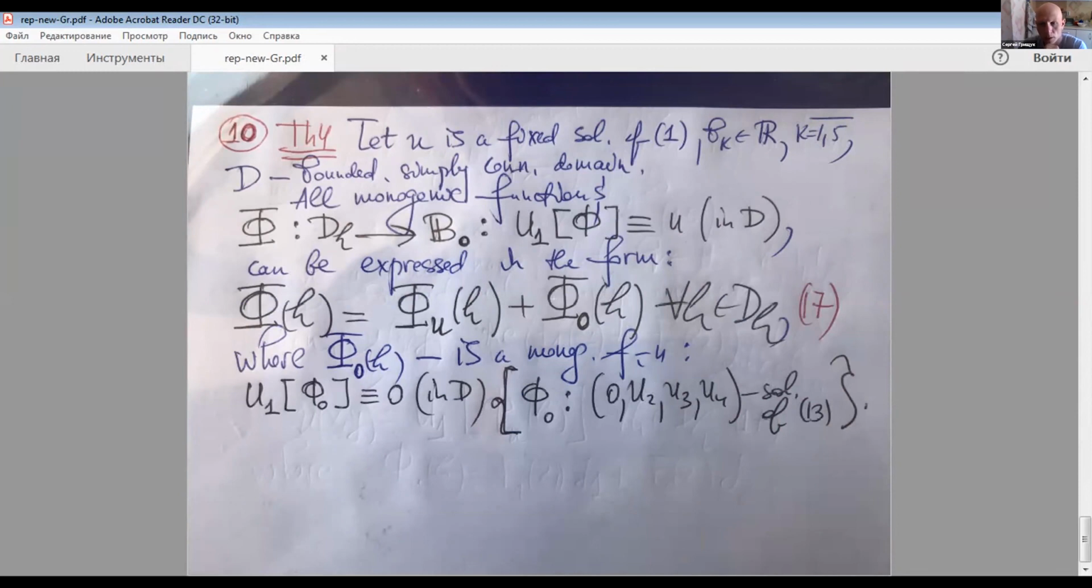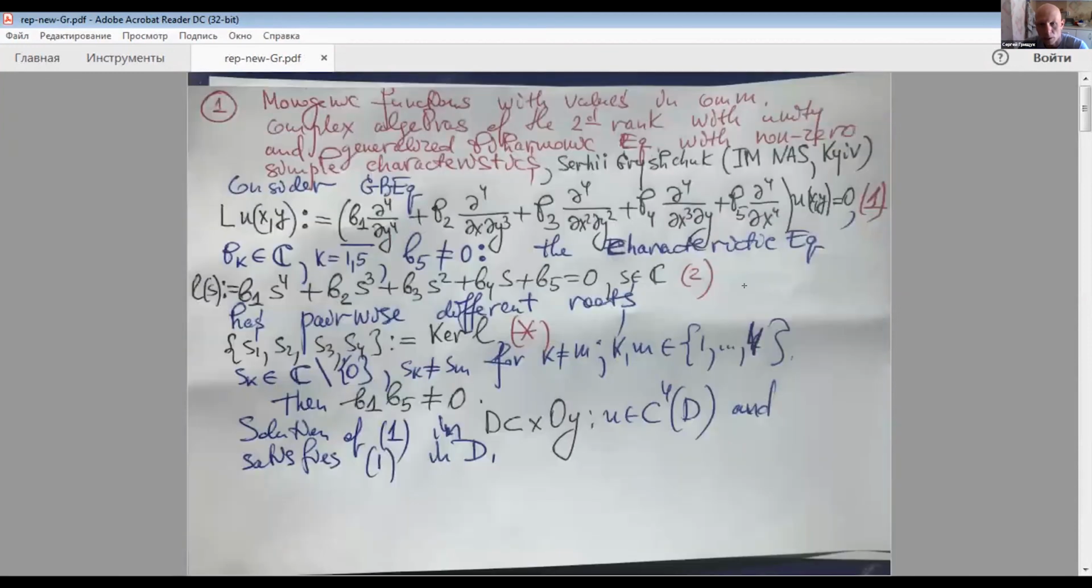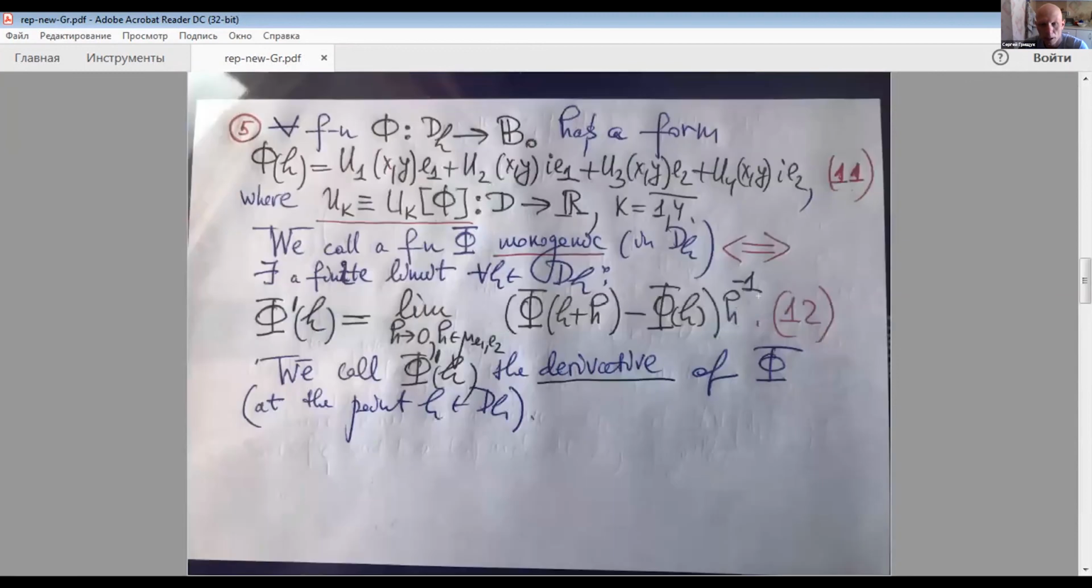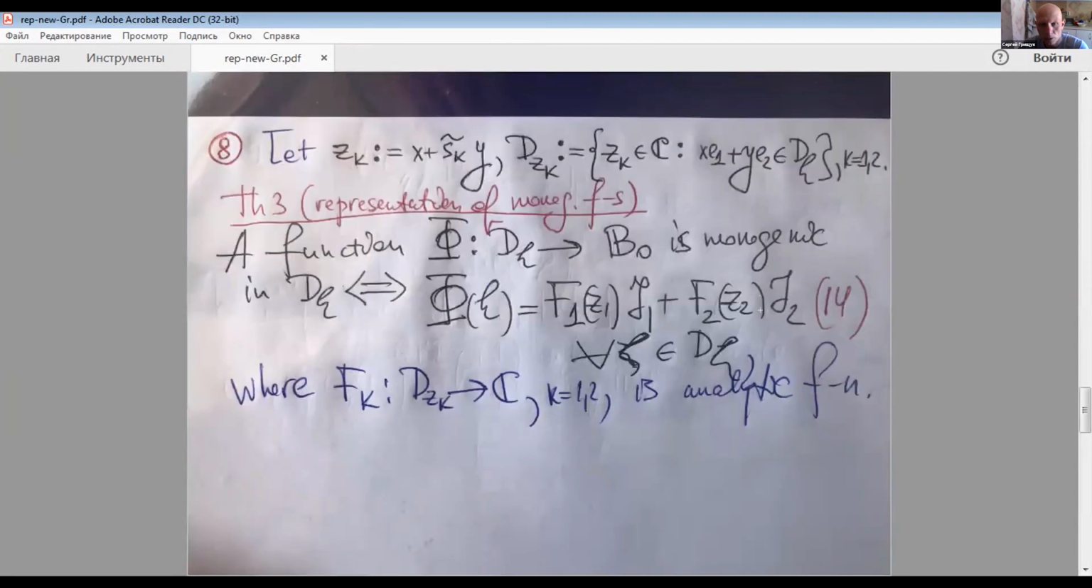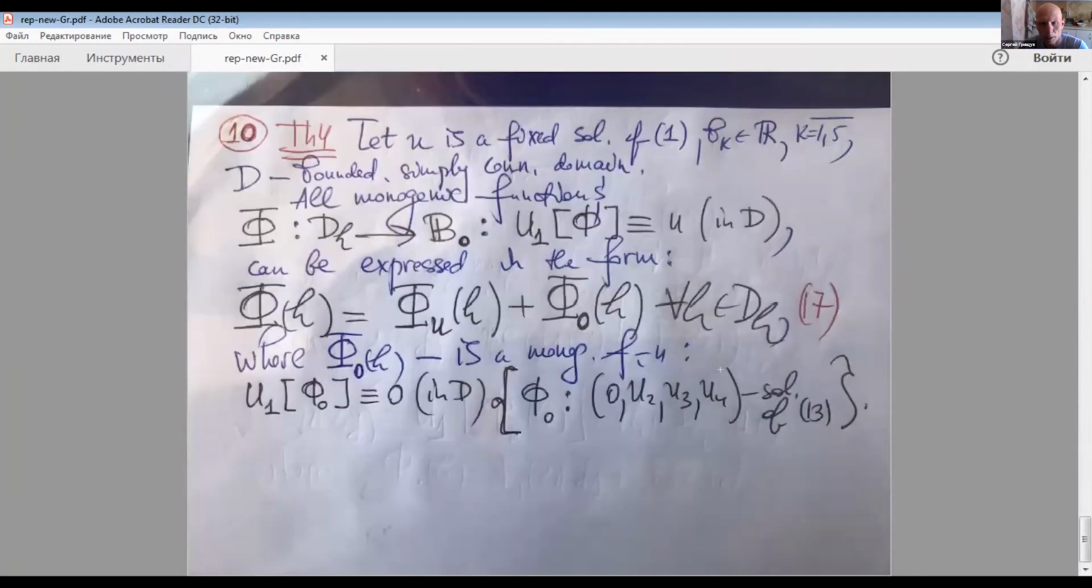But it's also possible to find the totality of these f0 functions in explicit form if we restrict our attention to some particular cases of such equations. Well, this is done. And it's also considered by me